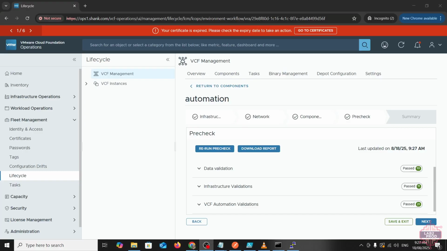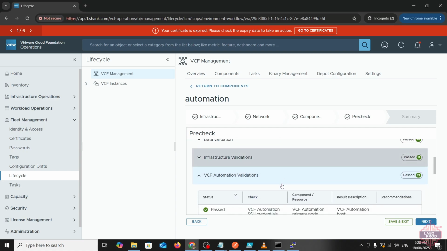Okay, all the validation passed, and a couple of things just so I'm always upfront about things. You can have a look at the last updated time. It's clearly different to the last screen. I gave it a couple of days, took a weekend break, and got some help with the automation side of things. The other thing I really wanted to nut out here is under automation validations,